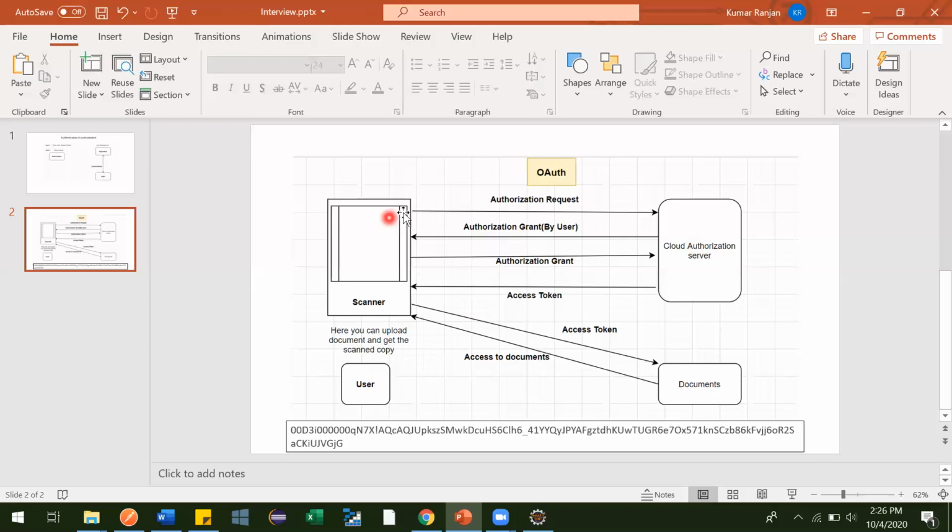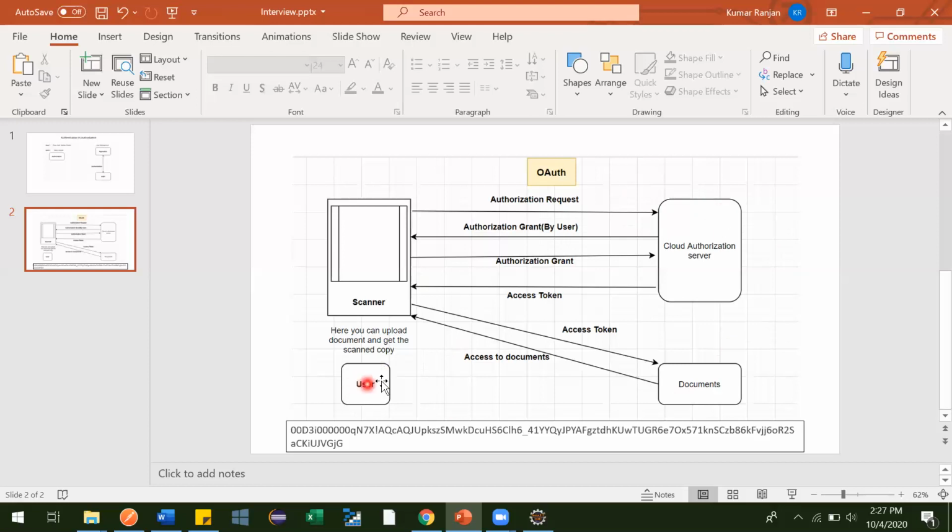The moment you click the button to connect with Google Drive, you have sent an authorization request. When that request came to Google Drive, it asked the user to provide credentials, since a request is coming on your behalf. So this user will enter the username and password, but to the Google Drive application, not to the scanner application.